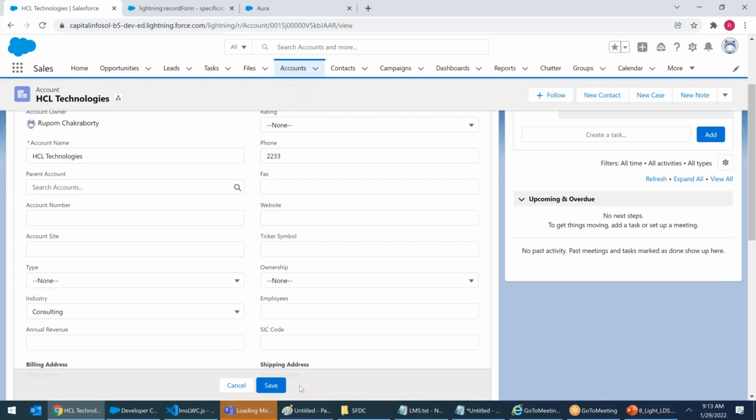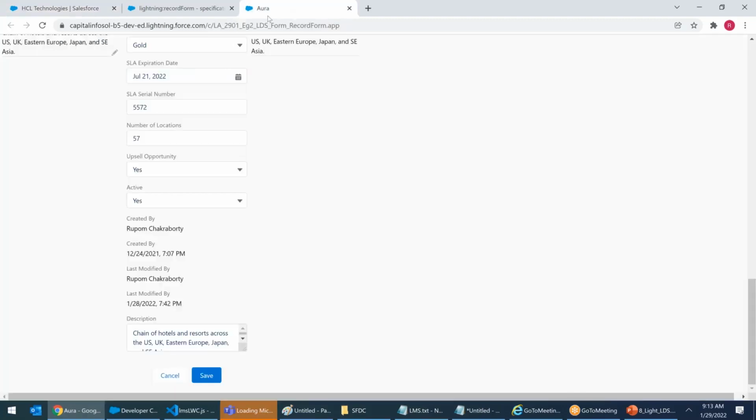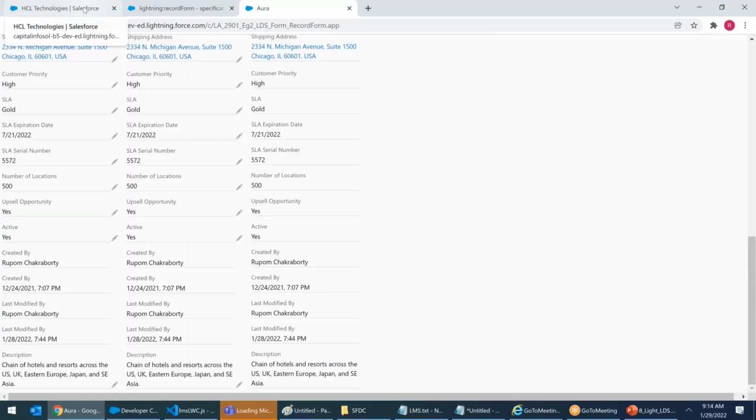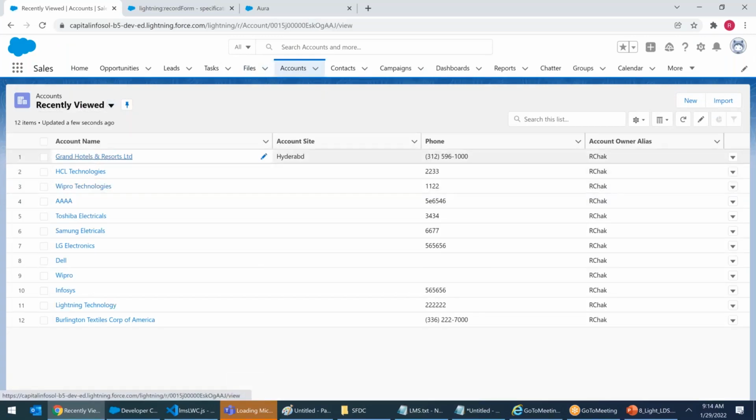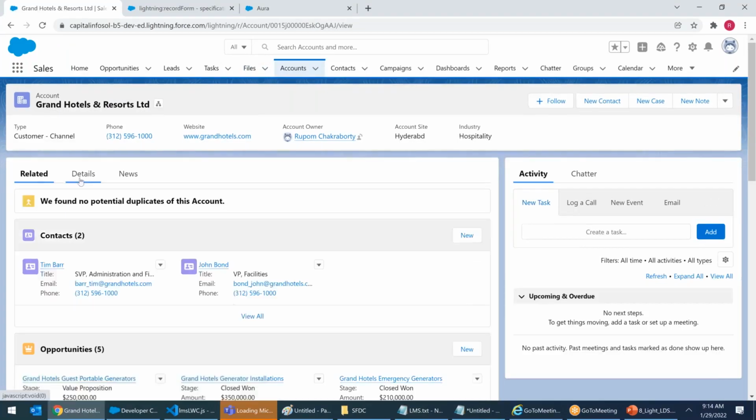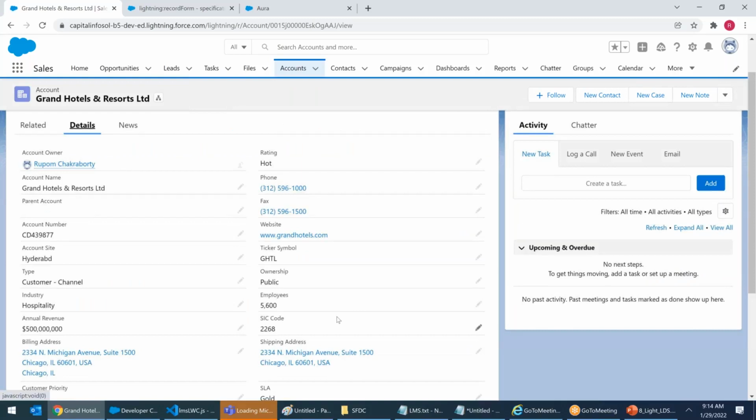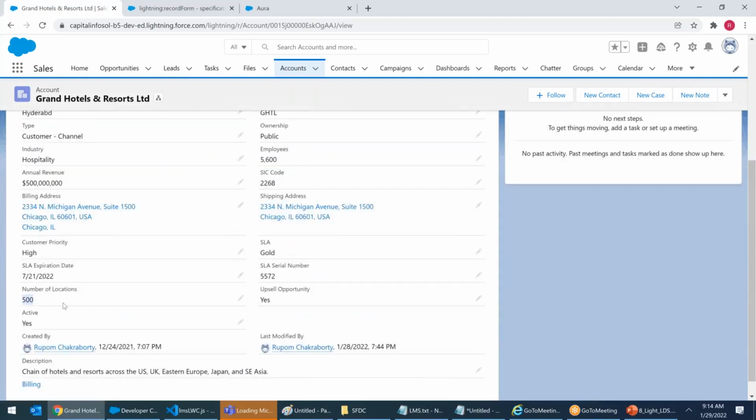Able to understand? Yes or no? Yes, sir. When I click on save, it is saving to that particular account, right? Yes, correct. You change the number of locations from 57 to 500 and you hit save. Now go ahead and check in account. I open Grand Hotel and Resort. I should be able to see number of locations 500. Here it is. See, the data got saved